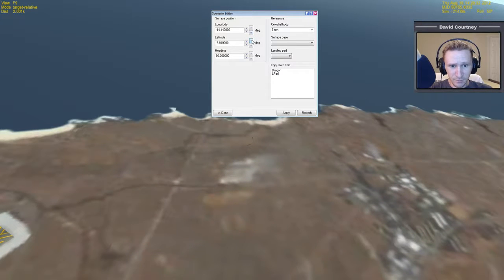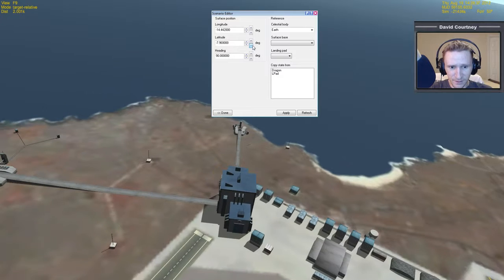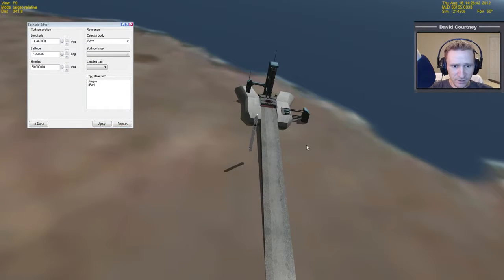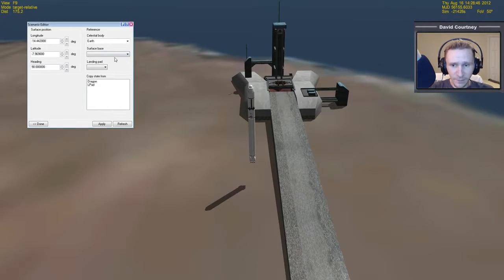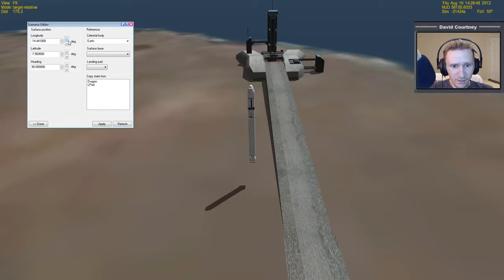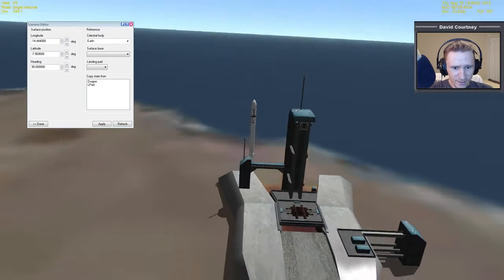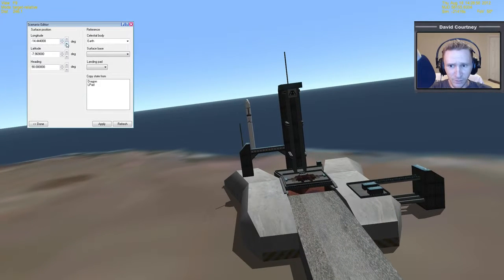And now let's bump this one till we get it kind of over here in the general vicinity. There we are. Now let's zoom in so we can see what we're doing a little better. And that's the wrong way, so we need to go back a bit. Now you'll notice that as I move the Falcon 9 using these large arrows, it's just moving it too much